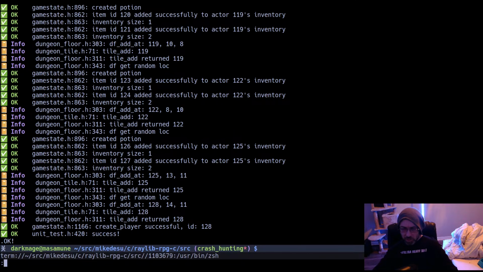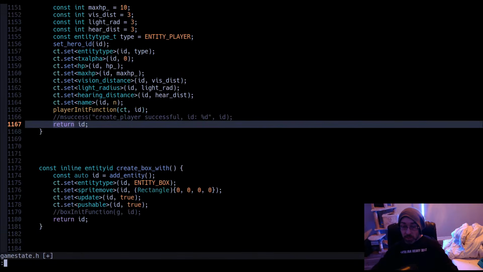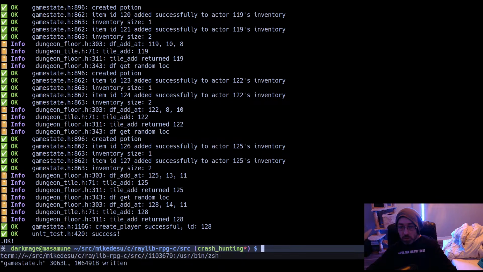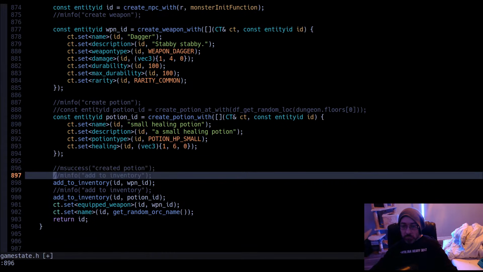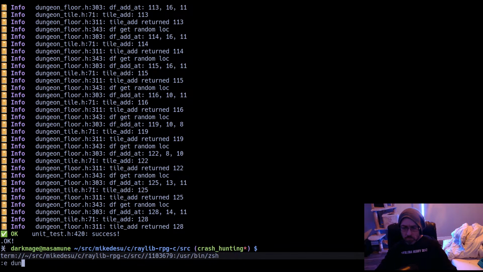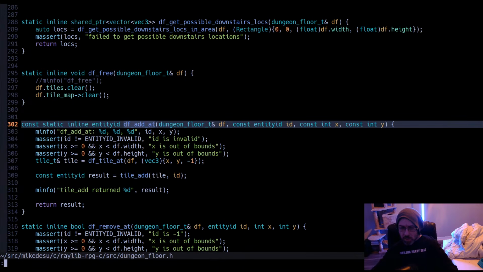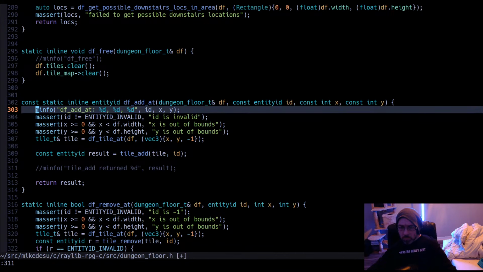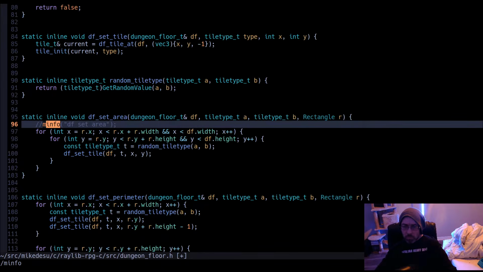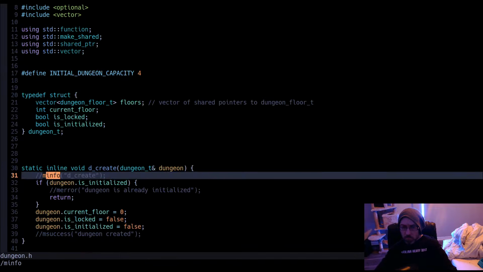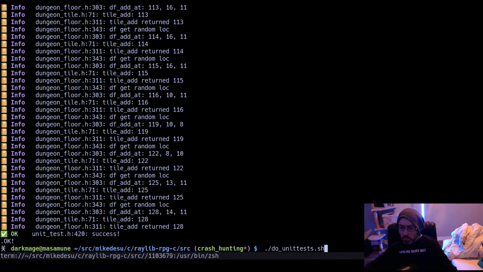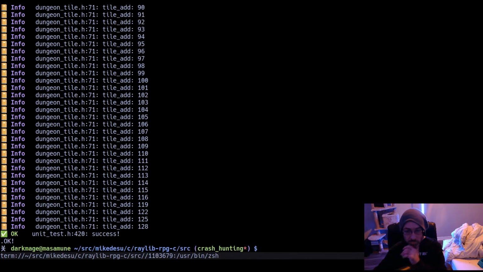Oh, but yeah, we never do any further assertions, but at least it's not crashing. Dungeon floor. Dungeon tile.